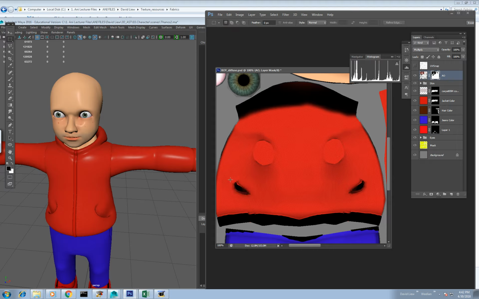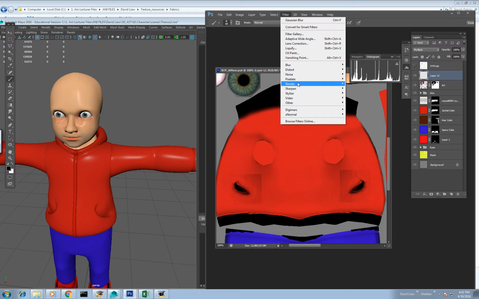Okay, actually these few areas here I can erase, or okay, what I'm going to do is duplicate these two, Ctrl J, and then erase the AO here,